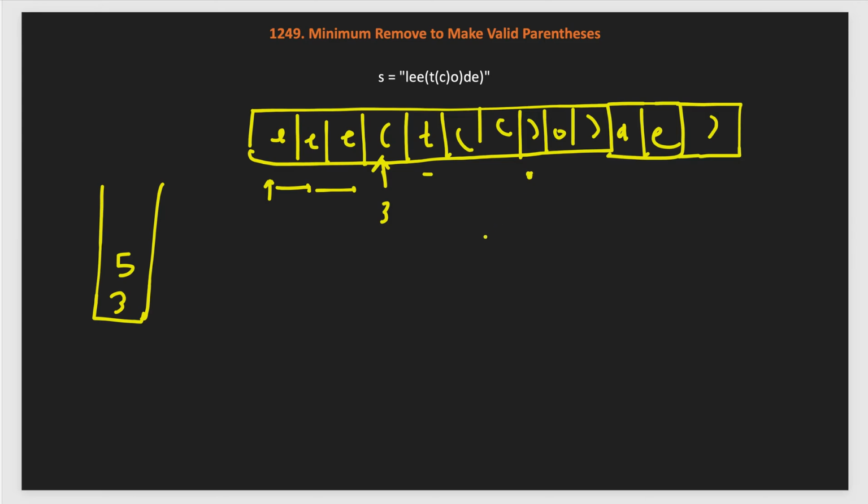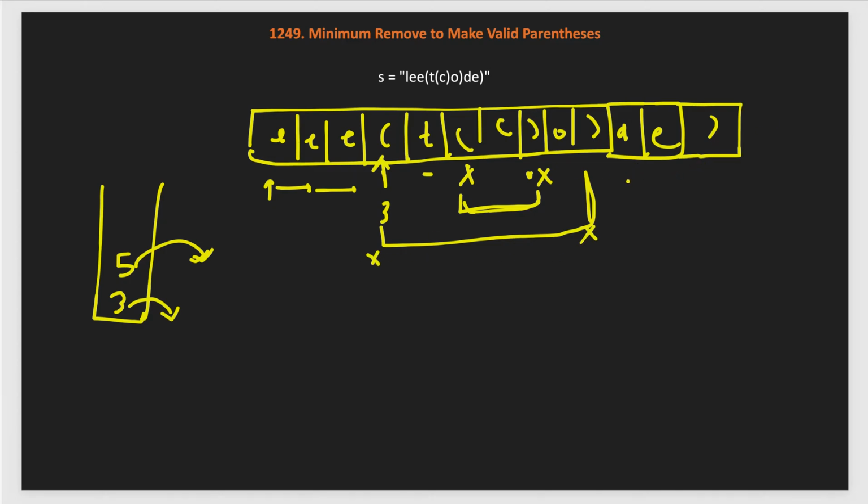Whenever we find a close, first of all we will check whether we have a corresponding open already seen earlier. Based on the stack we will check. If the stack is not empty, then we will pop out the last-most, so that these two parentheses, this one and this one, make a valid open and close pair. So, we will pop out this. Now, we will keep continuing. We found O, that is fine, another close. Our stack still has one more open, which is at index 3. So, we will pop out this as well, and this 3 will pair up with this close. So, these two will make a valid pair.